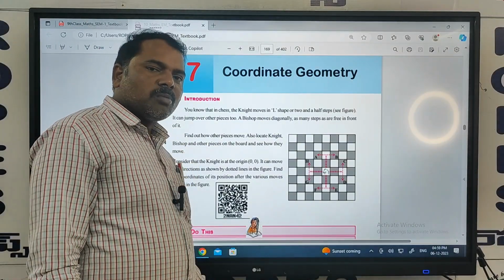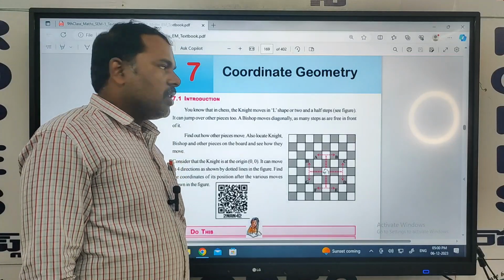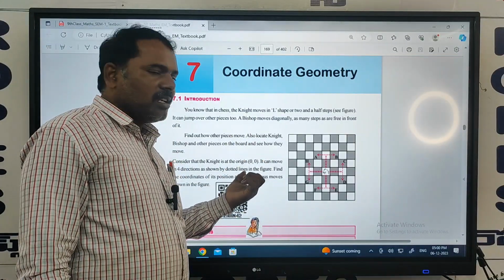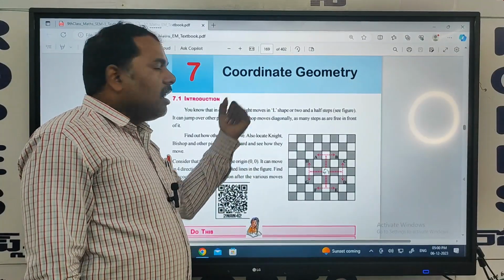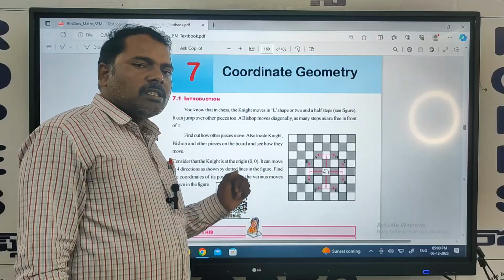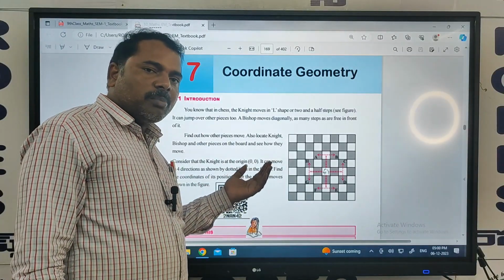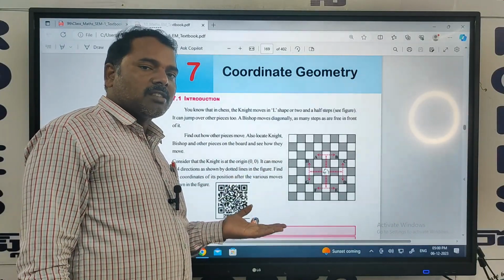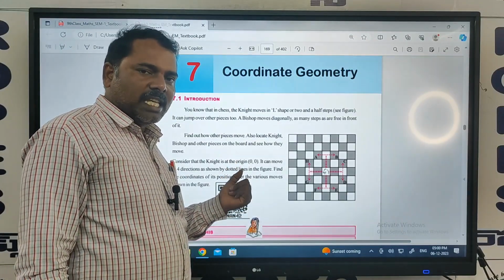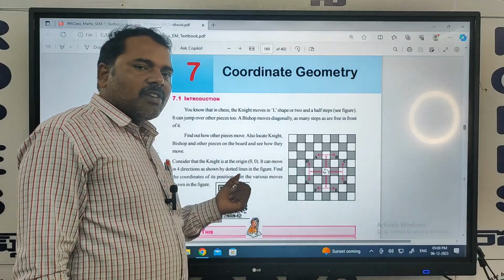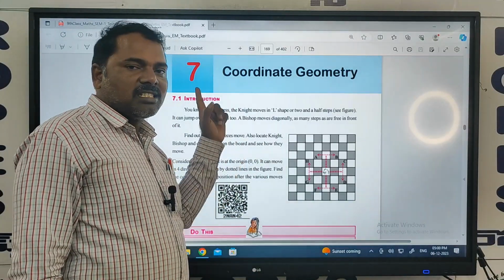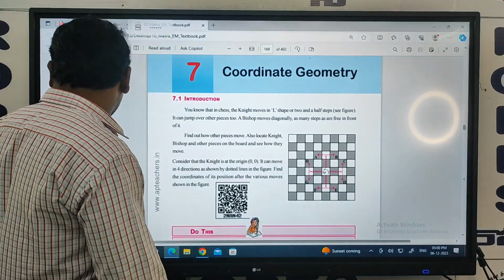Hi everyone, this is Shivkumar from Ropes Organization. Today in 10th class, FA3 syllabus, the main important chapter is coordinate geometry. In this coordinate geometry, what are the formulas we are using to solve the problems? That is what we are seeing. First of all, what are the formulas we are using in the coordinate geometry in 10th class, chapter number 7? That we will see first.